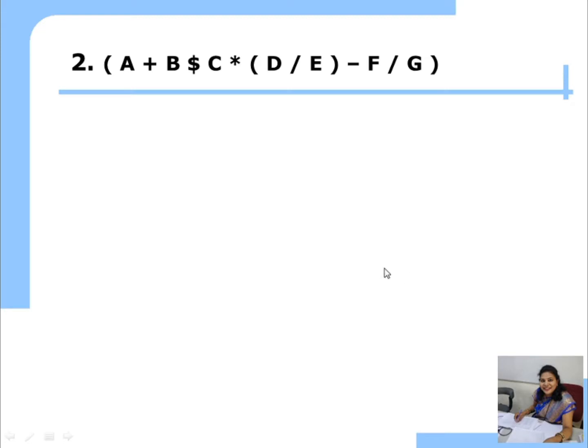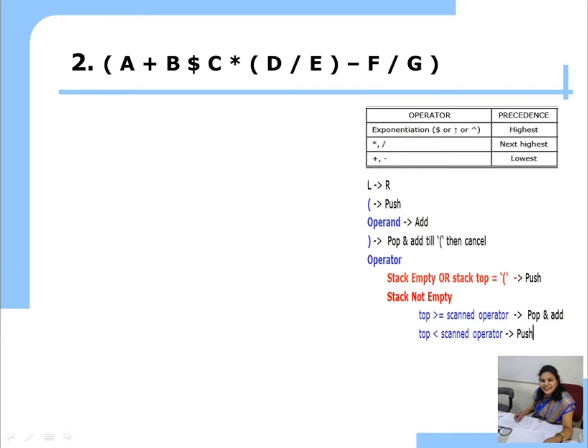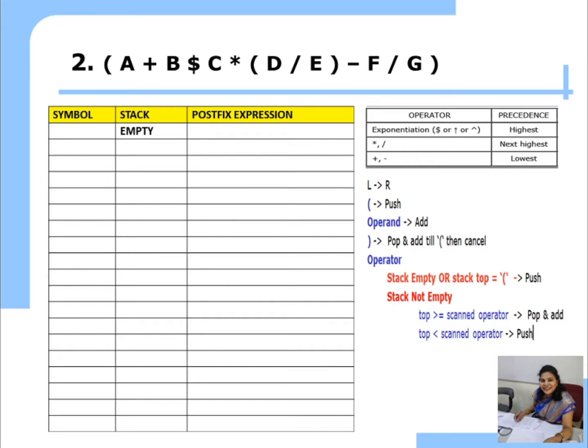So this is a string. This is a string with the parenthesis. Okay. So again, to convert this, we require operator precedence for comparing the operator and our algorithm. So this is a table for conversion. In a symbol, we are going to scan the input expression from left to right. So whenever you are scanning, you consider this parenthesis also, because there is a rule for parenthesis. Okay. And this is the stack where we are going to perform push and pop operation. And this is the postfix expression where we are going to perform the add operation.